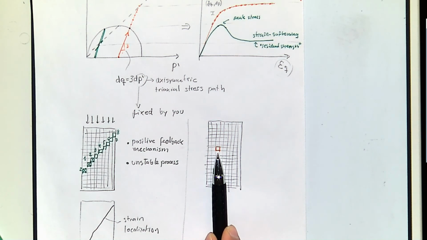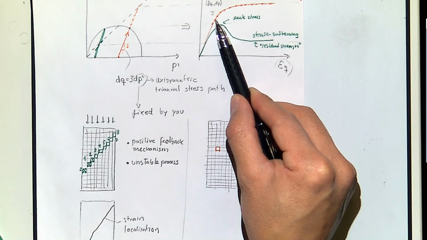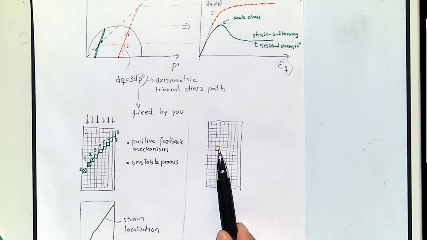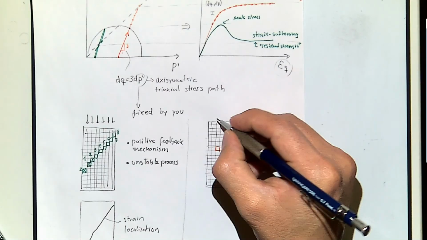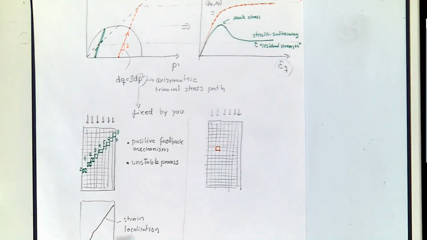This part that failed first because it was the weakest, when it undergoes some plastic deformation, gets stronger. It doesn't get weaker, it gets stronger. So if it was carrying some load, it will continue carrying that load